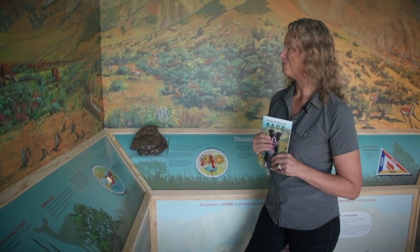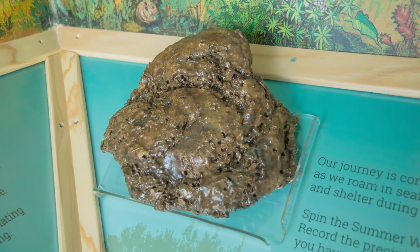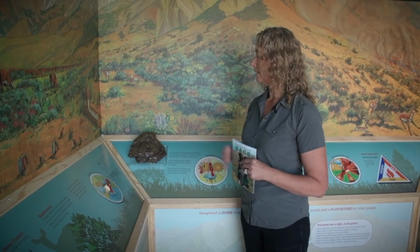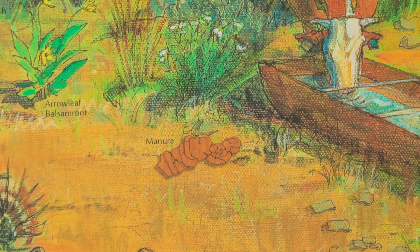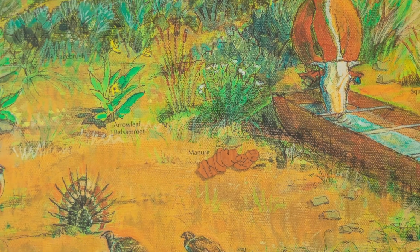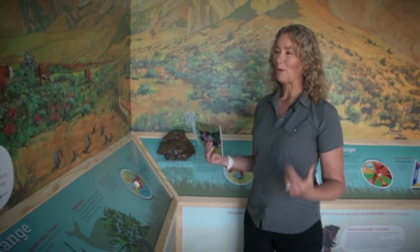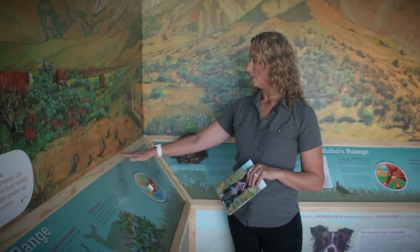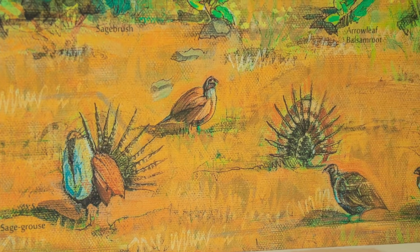One of the funny things we put in the trailer is actually a cow pie. The cow pie is something that people see but don't understand. It's really a great source of fertilizer. It also becomes a microclimate that underneath it will have baby plants and beneficial animals. So it is one of the ways that we recycle and benefit the land. Manure is a byproduct, but it is also beneficial to the plants and animals in the area. Sage grouse, in particular, when they have chicks, utilize a lot of the insects that are living underneath